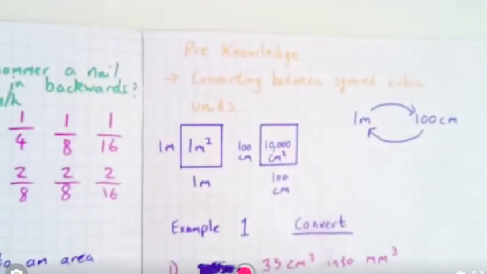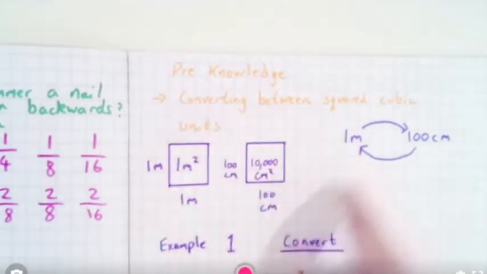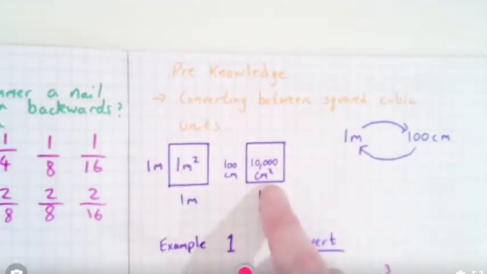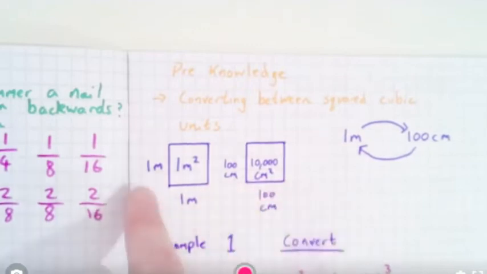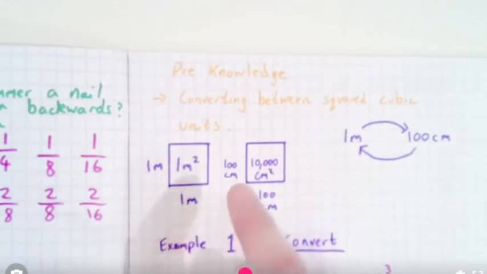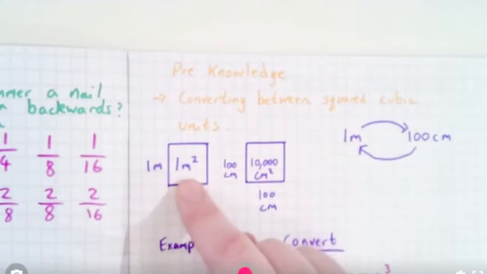If we have a little look at this diagram, we can see where this slightly different conversion comes from. Here I have two identical squares. They're exactly the same in length, except this one I've decided to call 1 meter by 1 meter. And this one, instead of calling it meters, I've decided to call it centimeters, 100 centimeters by 100 centimeters. Now, if you notice, when we work out the area of this square, this is 1 meter squared,